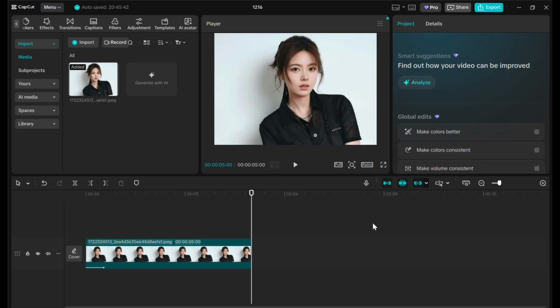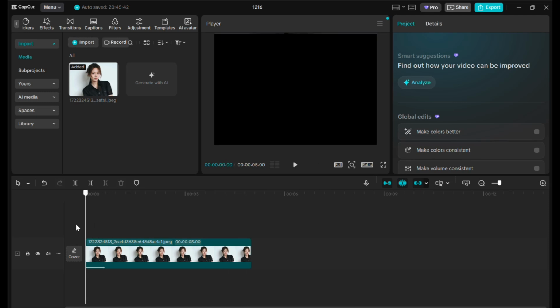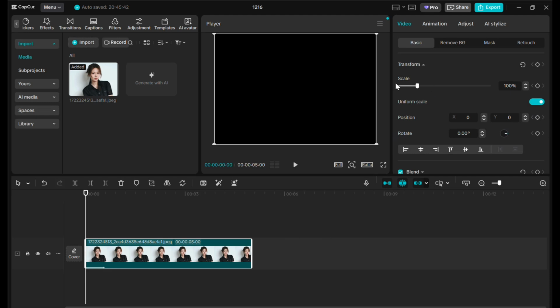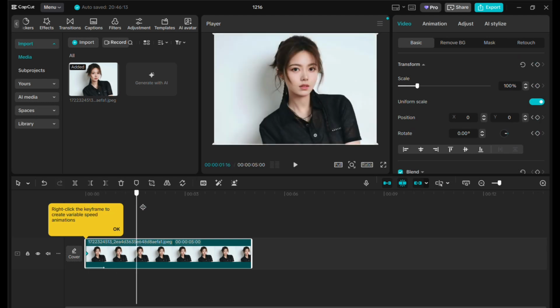And then next, you can also make smoother motions. You can just use keyframes. Just place the first keyframes, for example, over here, and then on this scale, just tap the keyframes, and then just add keyframes on the scale, positions, and rotate, and then just move the positions forward like this, and then just add keyframes again,